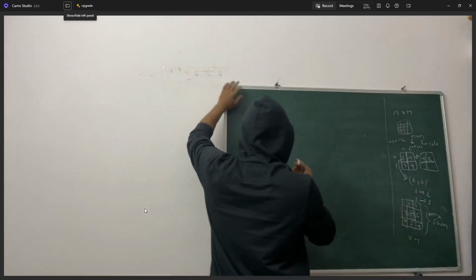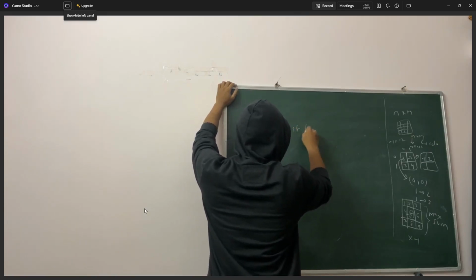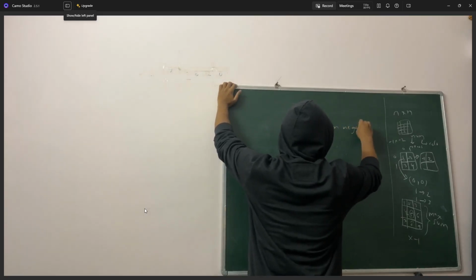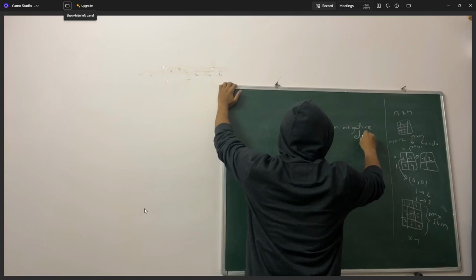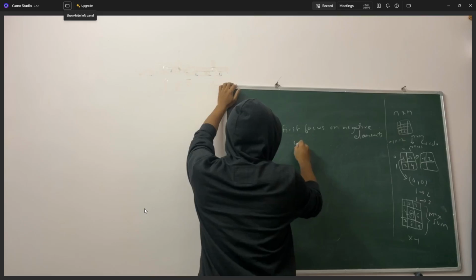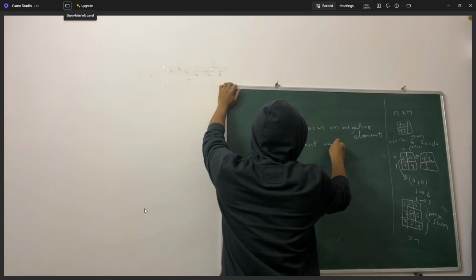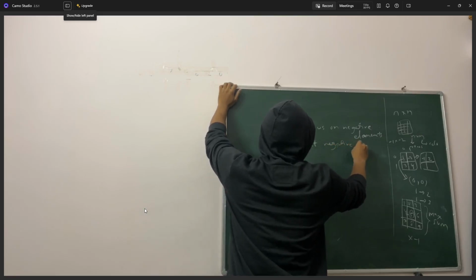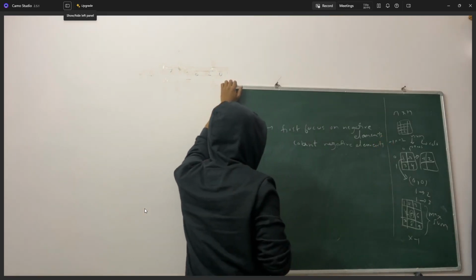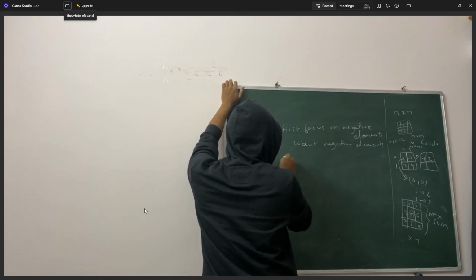We need to first focus on negative elements. Basically what you have to do is count negative elements. Okay, we'll be counting negative elements, and at the same time we need to add